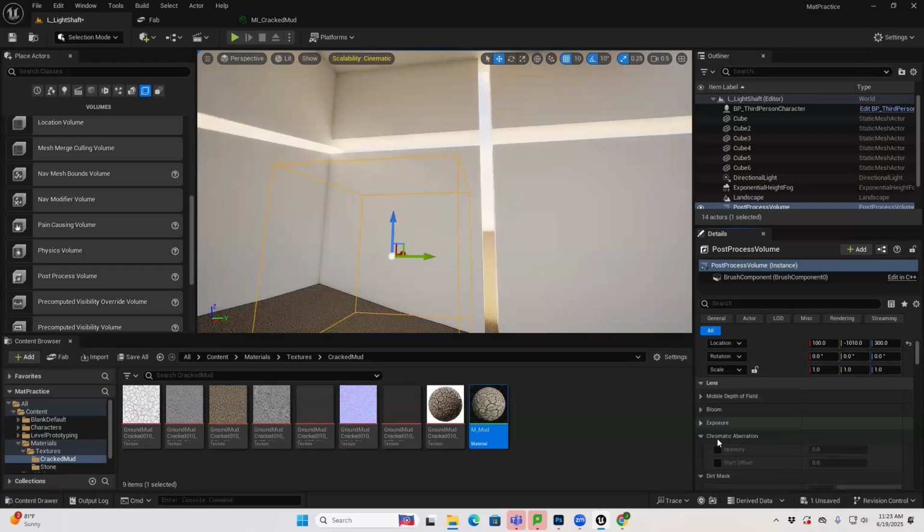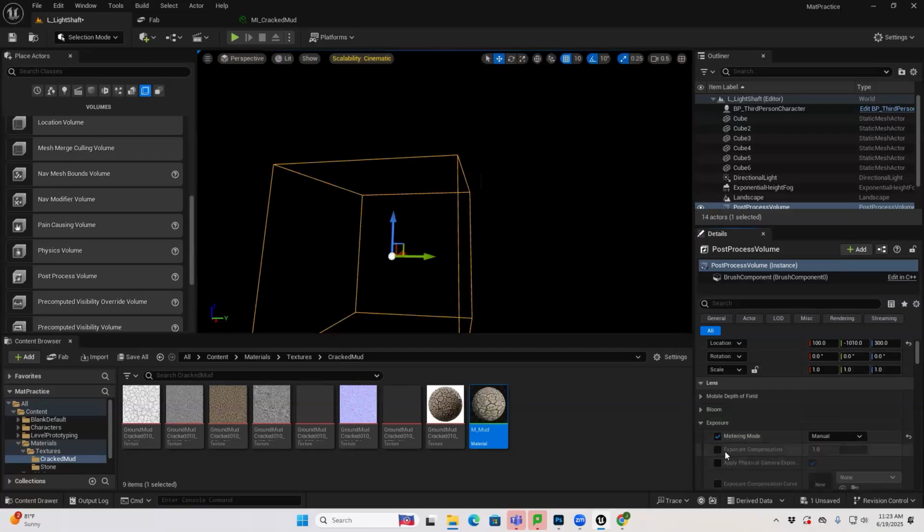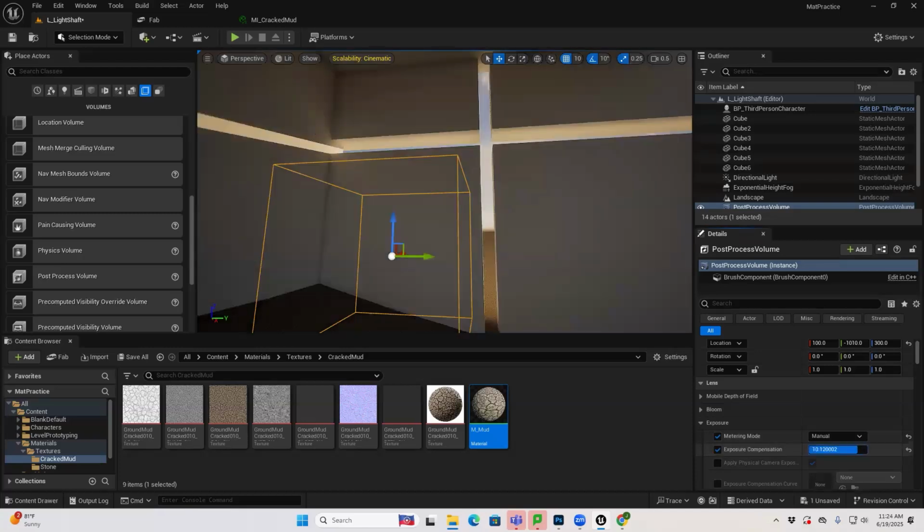I'm going to control my exposure. So in my exposure, I'm going to go to metering mode and I'm going to do manual, and just raise this up to something more reasonable. What's that box? We just put it. The post-process volume,